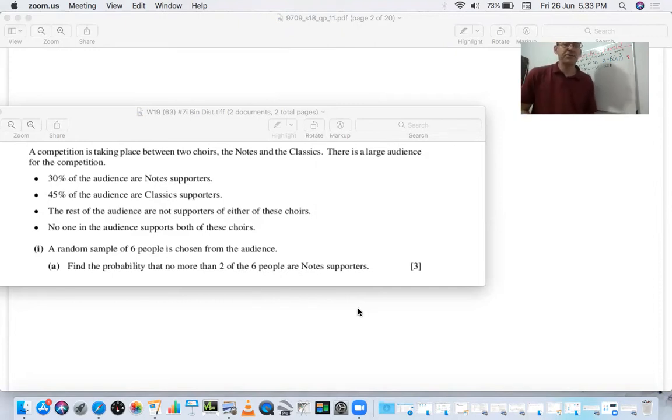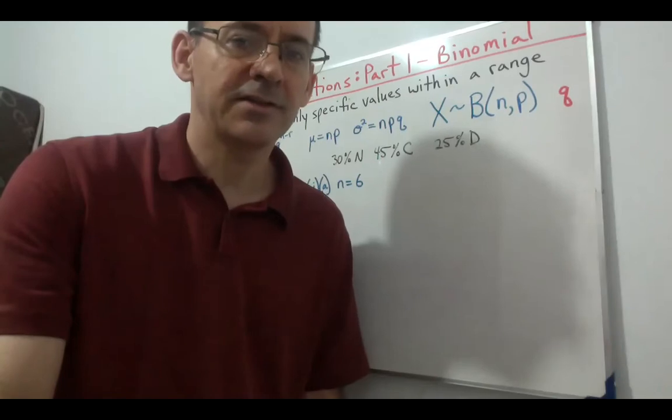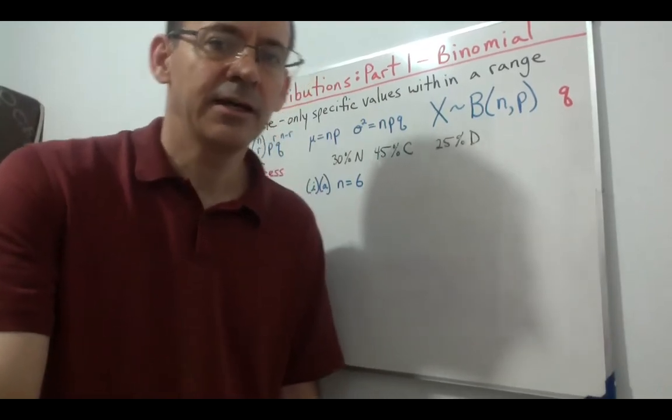So a random sample of 6 people is chosen. The sample has 6 people from the audience. Find the probability that no more than 2 of the 6 are notes supporters. Okay, so 6 people chosen. Find the probability that no more than 2 of the 6 are notes supporters. So let's think about that carefully here. First of all,